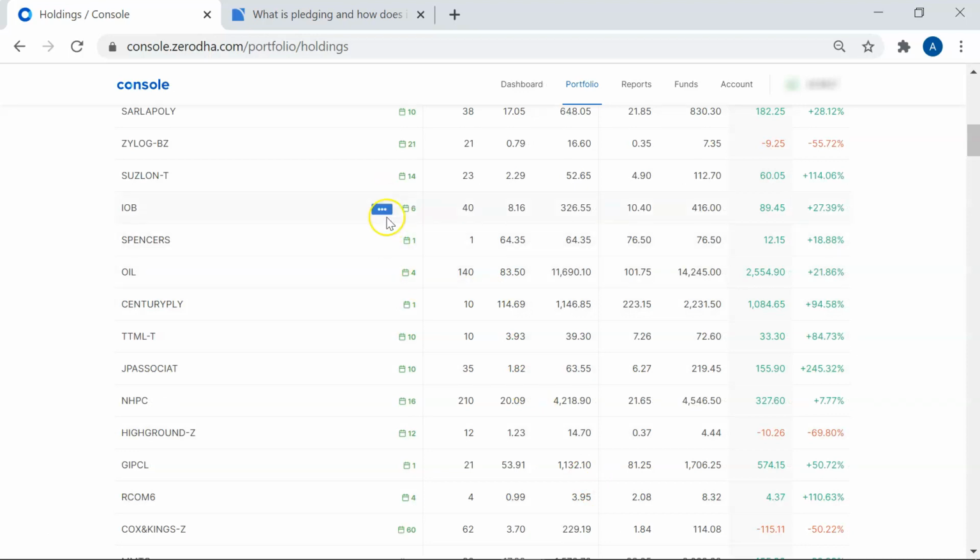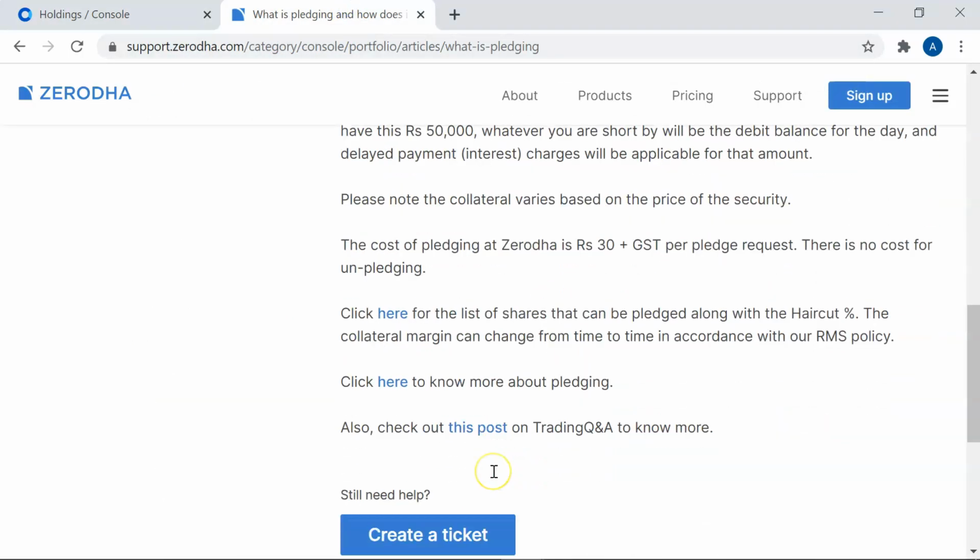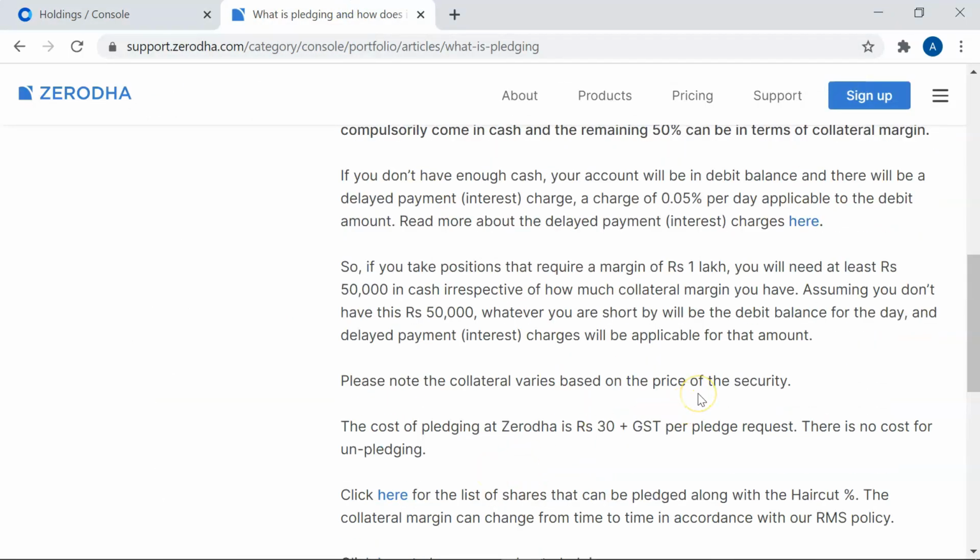So for example, if we want to pledge shares of Oil India, when we press pledge shares, we are going to get haircut as 21.84%. So this haircut is mentioned in this Excel sheet.